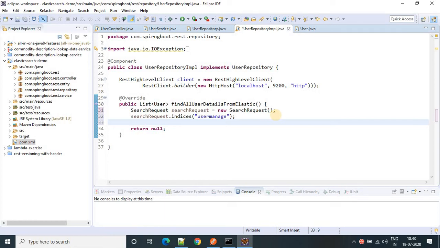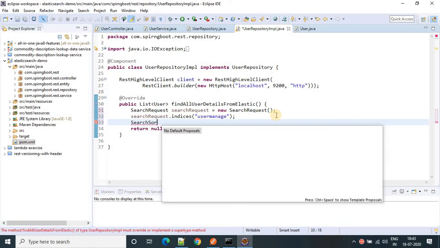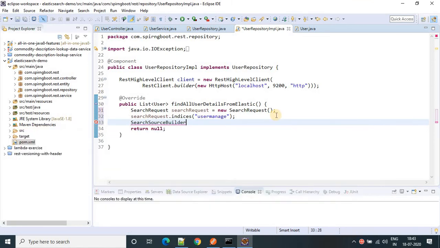Now what next? We need to use the search source builder. This is my search source builder.